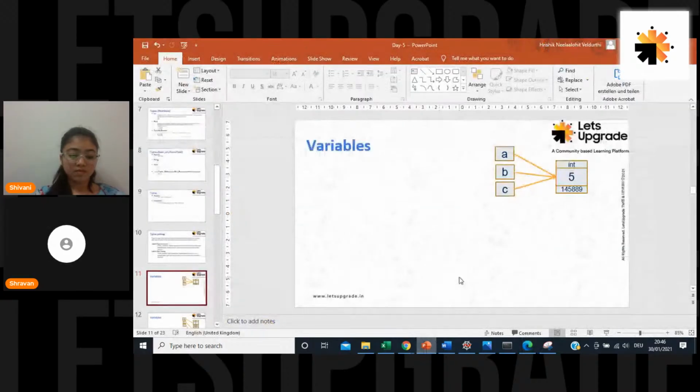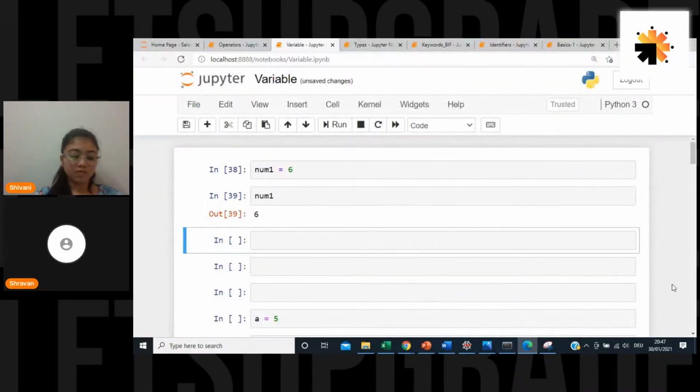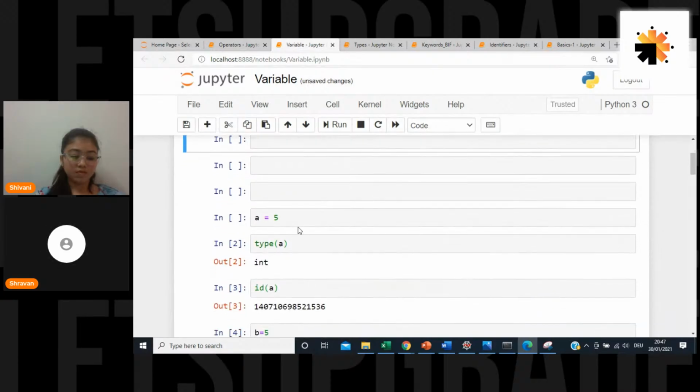So see here what happens in Python. You have an object, and it is an int type. This is your value, and it has an ID. The ID is nothing but a memory location. Right now I'm having 5, and I wanted to refer to it with a name. So I go back to my code. First I have 5, so I give a name for that 5, which is a. I'm just running it.